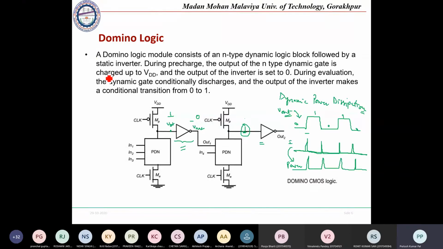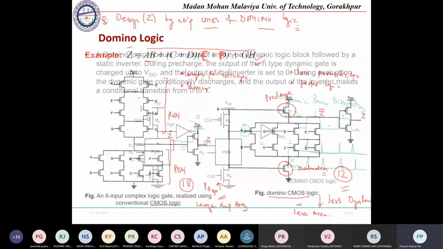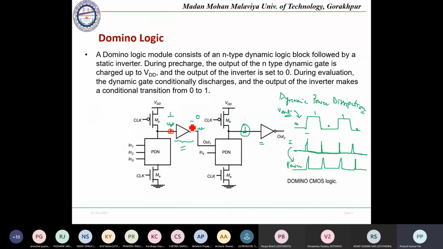Similarly, there is another problem in the domino logic that is called charge leakage, or you can say charge sharing, basically here at the dynamic node. So this is your dynamic node. Whatever charge is present at this dynamic node keeps on decreasing because of the charge sharing problem that we have discussed in the previous class. To avoid the charge sharing problem in the domino logic, we will be using a keeper transistor. So this is the structure.